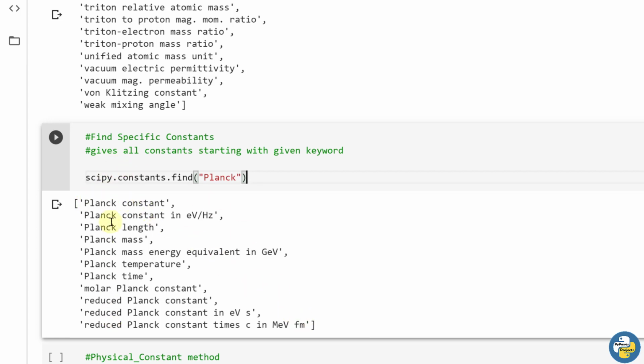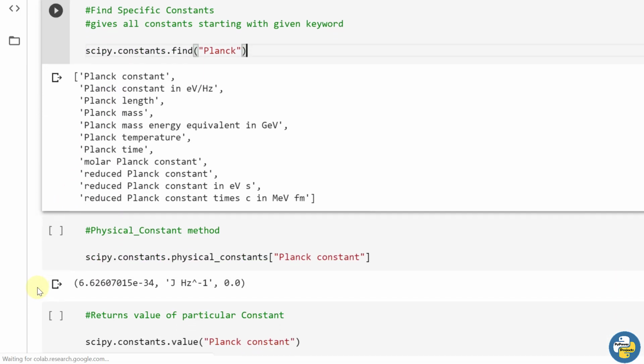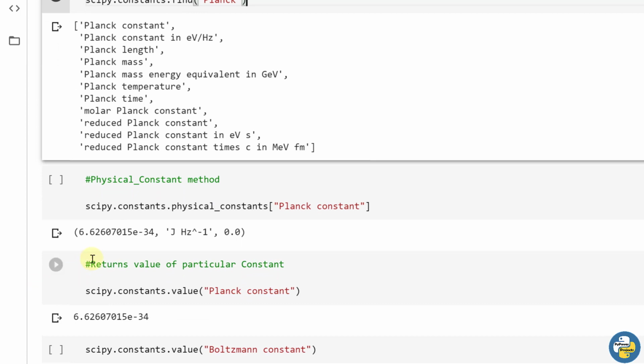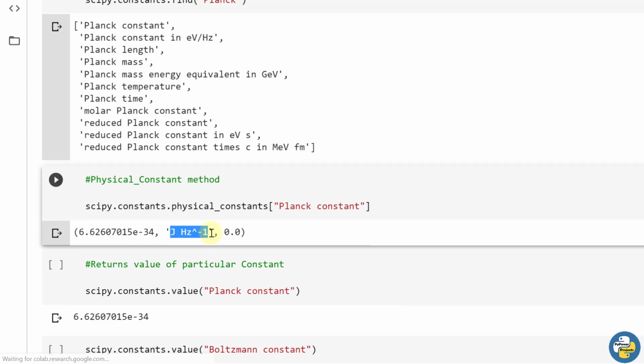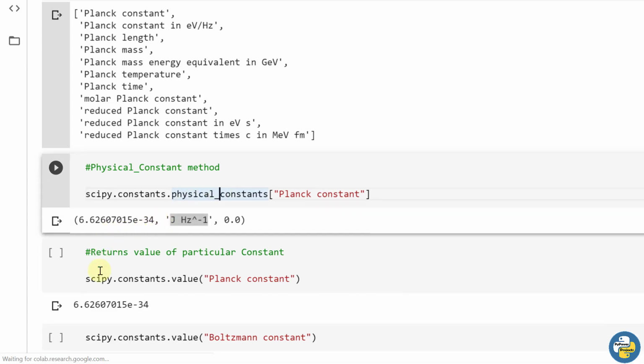So these all have Planck in their name, you can choose any one, and for getting its value you can use the method physical_constants. It will return the value and its unit, so it is joule per hertz. Joule per hertz, it is the value of Planck constant.